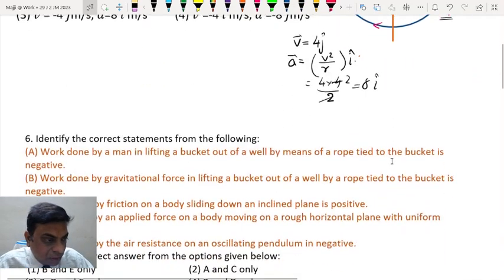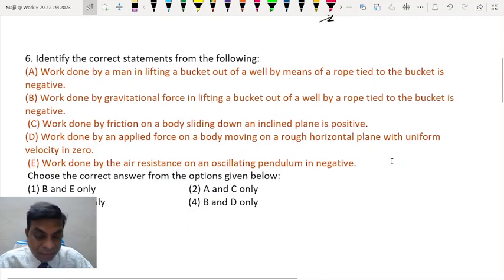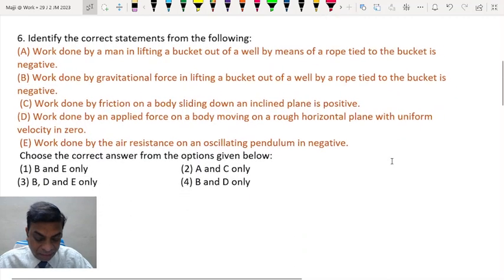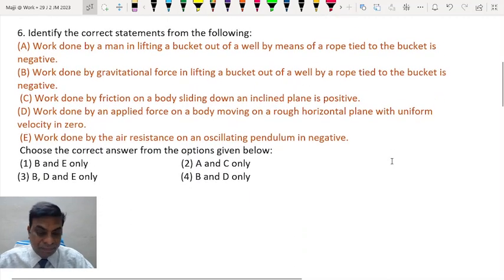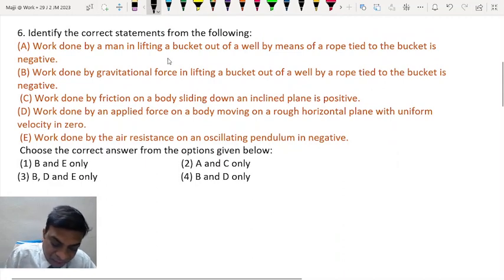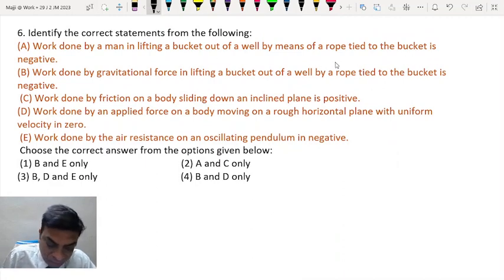Moving on to the next question. Identify the correct statements from the following. A: Work done by a man in lifting a bucket out of a well by means of a rope tied to the bucket is negative. B: Work done by gravitational force in lifting a bucket out of a well by a rope tied to the bucket is negative. Now the situation is